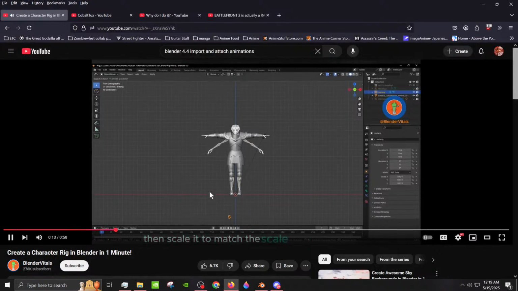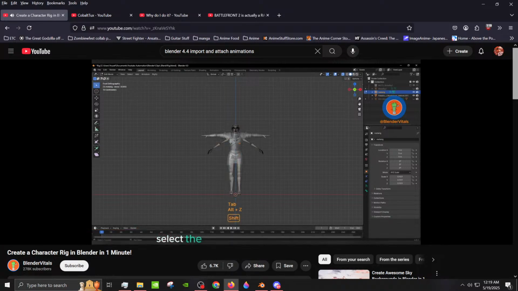Then scale it to match the scale of your character. In edit mode, select the bones